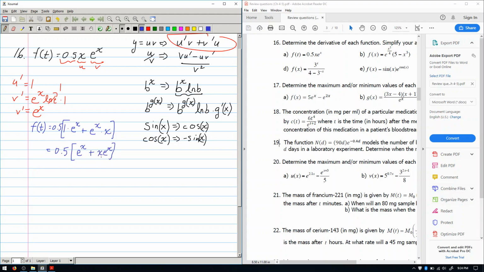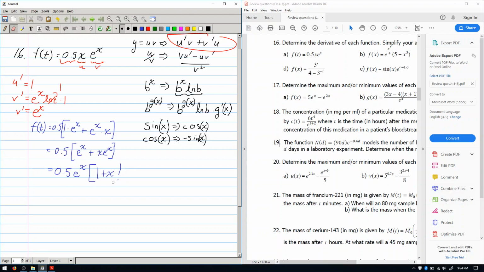Notice how I've put x in front of e to the x? That's just by convention. I just like having x in front. Okay? So what do I get? Well, I can factor out e to the x. And what I'll get is 1 plus x